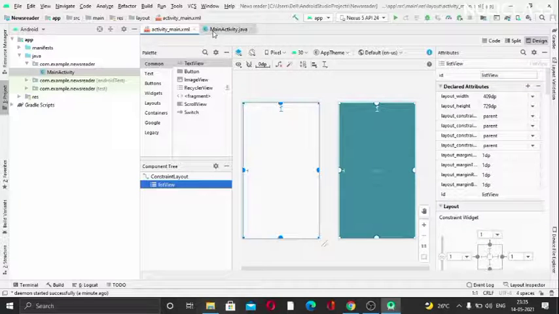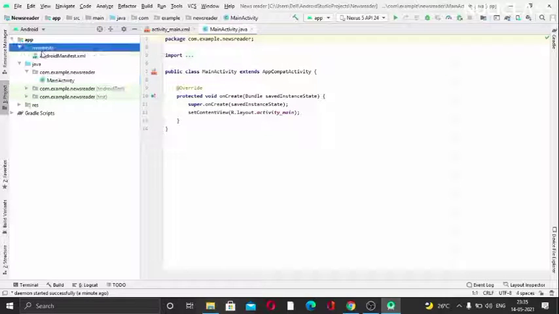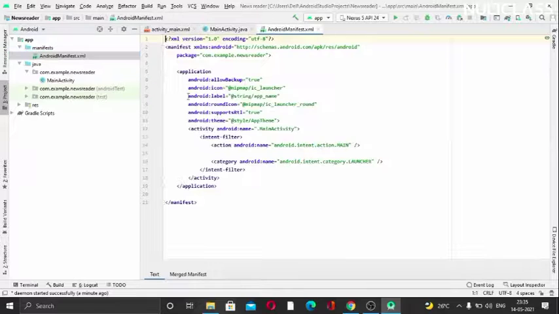Now we will go to our main activity where we will write our coding part. But before that, we will go to the manifest file, because we want some permissions. If we want any permissions, we write them down here. As this time we will be using an API, and that API will get the news from the internet, our app requires the permission for internet.